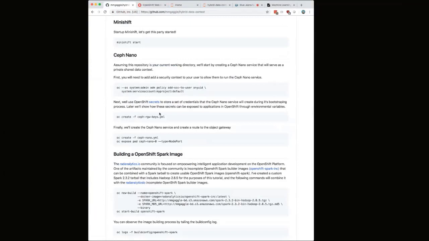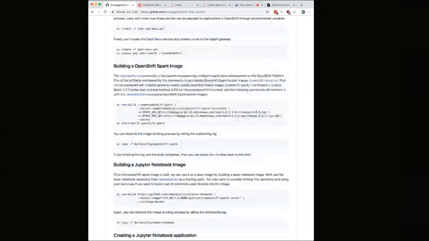But one of the new things that came out of the Radanalytics community is that they're publishing these incomplete OpenShift Spark builder images that you can create a build with and provide a tarball, basically a link to a Spark tarball, and it'll create a custom OpenShift Spark image for you with that particular version of Spark. So I put together the latest Spark and Hadoop 2.8.5